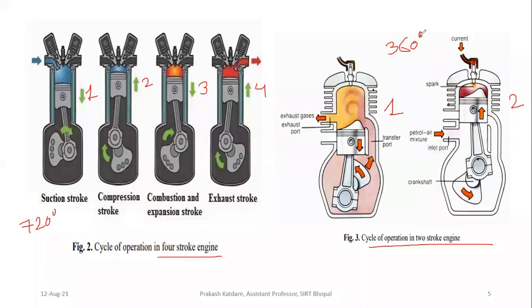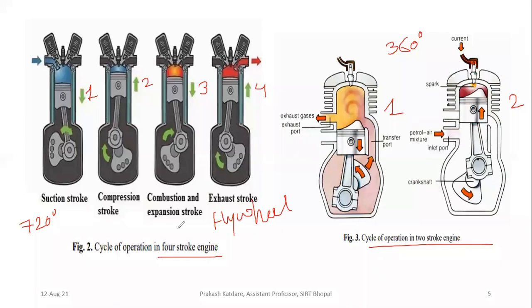In case of 4-stroke engine, the turning moment or the power output which we are getting is not very uniform as compared to 2-stroke. So a heavy flywheel is needed in case of 4-stroke IC engine, but in case of 2-stroke, the power output which we are getting is very much uniform, and a lighter flywheel can be used.